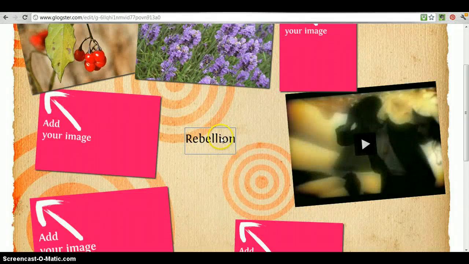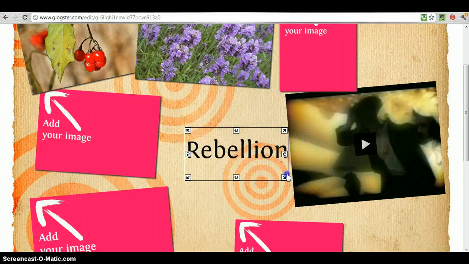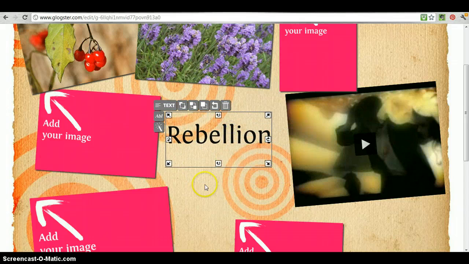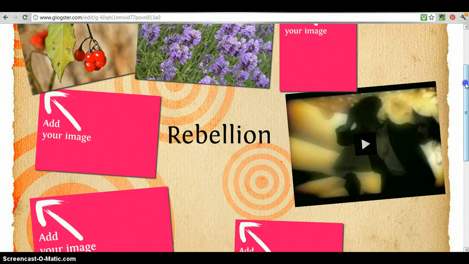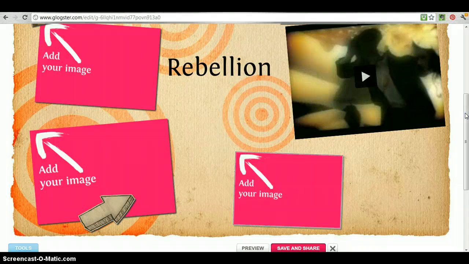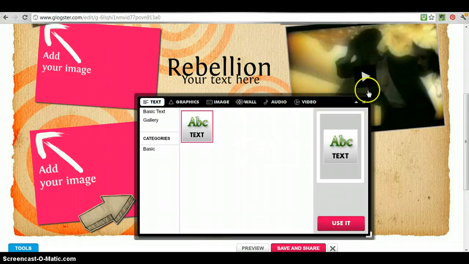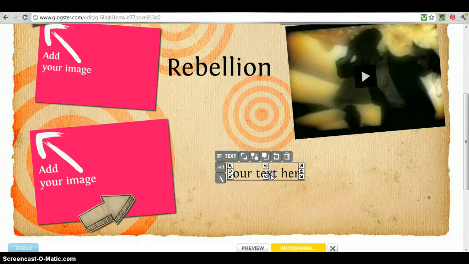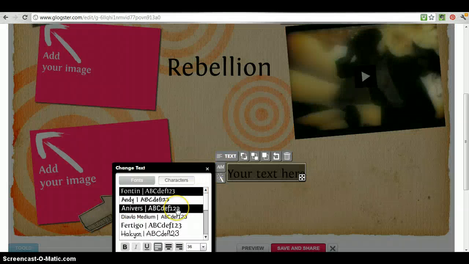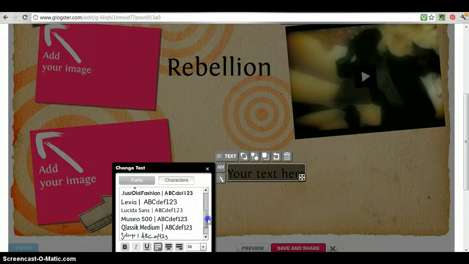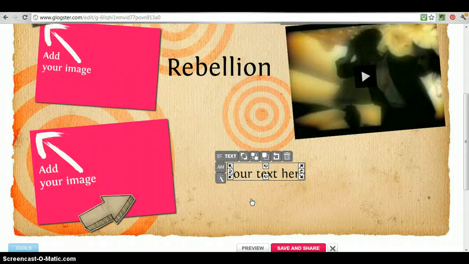and I can get out of it like that, get back into it, drag this to make it bigger, move it to center it, and then for the portion of your blog where you want to talk about your pictures, let's see, maybe I don't need this picture, so I'll trash it, and then I'm going to add another text box. And this is where I can type anything I want about the images. Now this button here that says AB, you can change your font, and you can bold it, italicize it, or underline it, and of course change your size as well. So you should have a good idea of how to create your blog